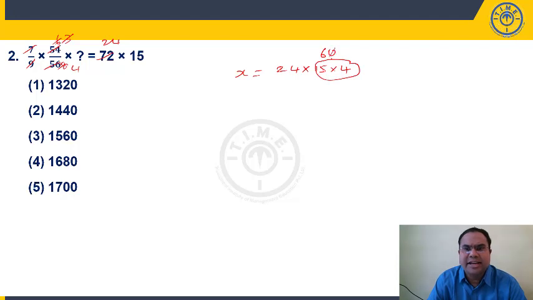So what is my last digit? Or I can say the last 2 digits will be 40. If my last 2 digits are 40, there is only one option with last 2 digits as 40. The second option should be your answer. Because the last digit is 0, and 6 4s are 24, I can say the last 2 digits are 40. No need to even simplify the entire expression. There is only one option with last 2 digits as 40.